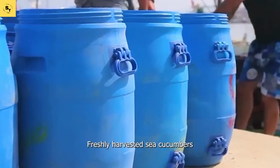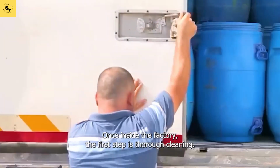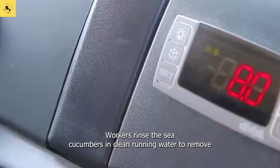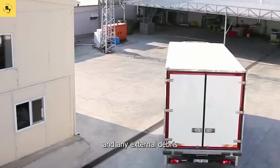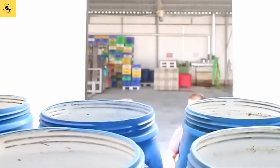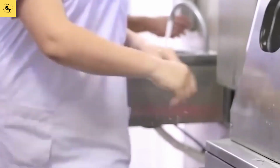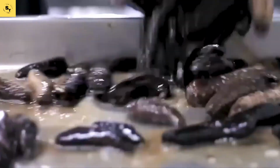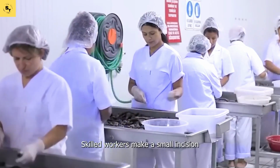Freshly harvested sea cucumbers arrive at the processing plant in chilled containers. Once inside the factory, the first step is thorough cleaning. Workers rinse the sea cucumbers in clean, running water to remove any external debris. Next, skilled workers make a small incision along